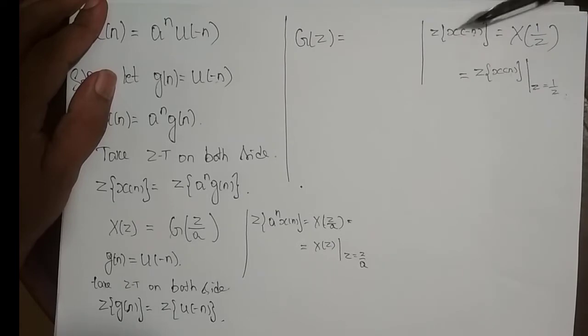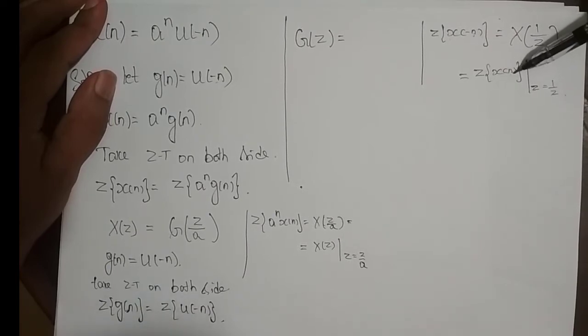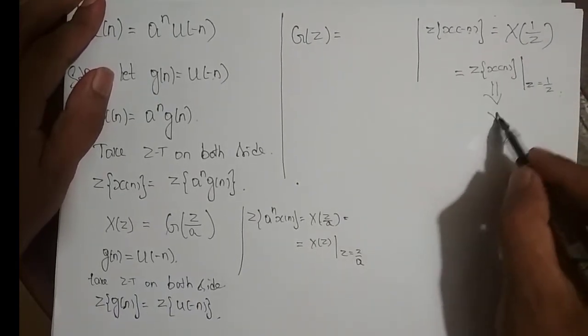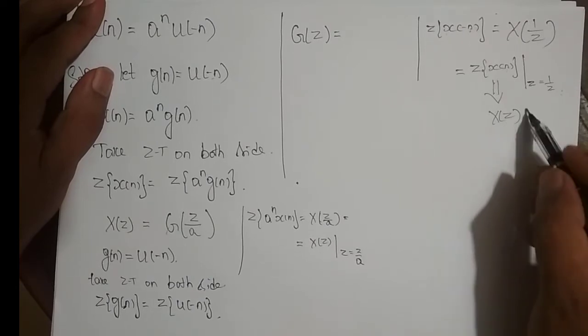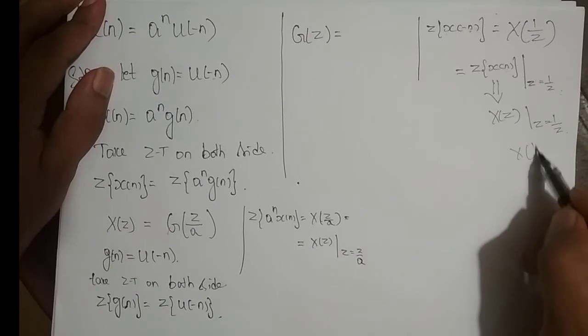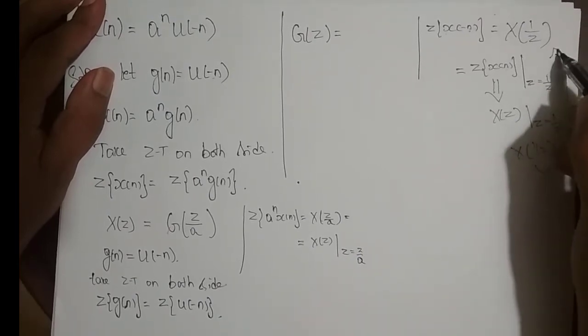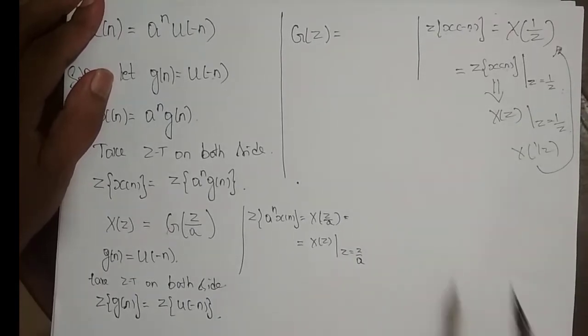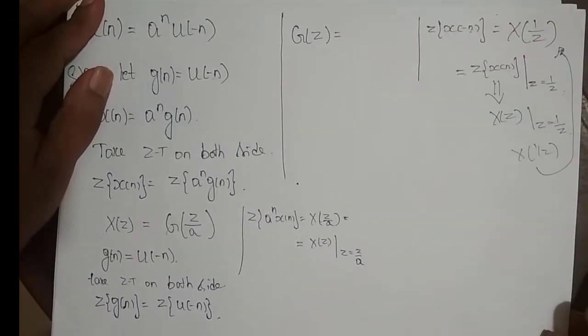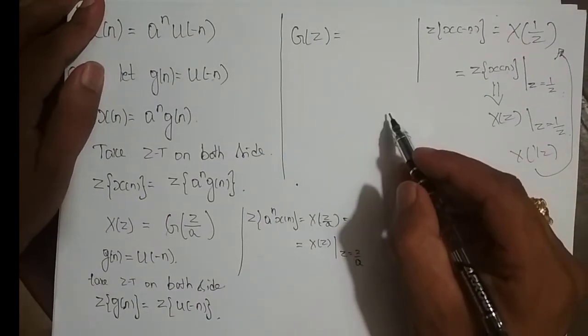I repeat again, the z transform of the time reflected version of the signal is nothing but the z transform of the unreflected version of the signal. That is nothing but X of z, right? So if in this X of z I replace z by 1 by z, I end up with X of 1 by z. So that is what I have here. Just to convince you, I wrote it like this here, so don't worry, I'll try to solve here.